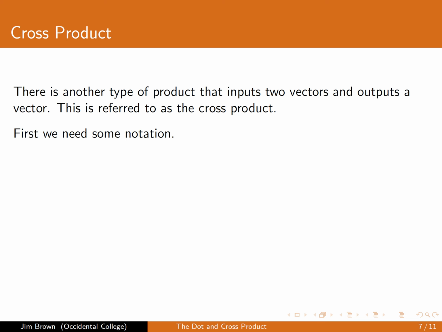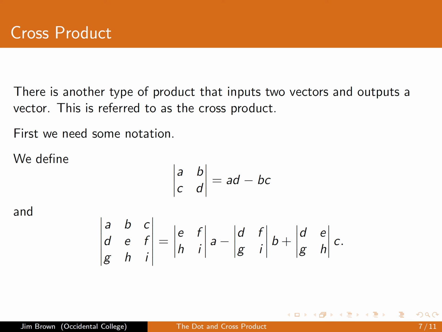So we need a little notation. If you happen to have seen determinants before, this will be familiar to you, but if you haven't, that's okay. We're only going to need very basic determinants here. The first one is if I write numbers A, B, C, and D in an array like this, which is a 2 by 2 matrix, and I take what's called the determinant, which we're going to indicate with vertical lines,